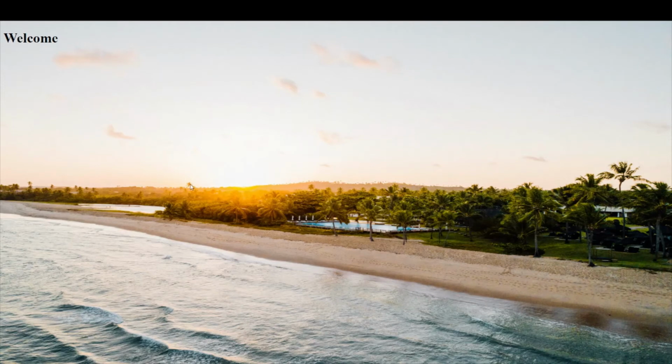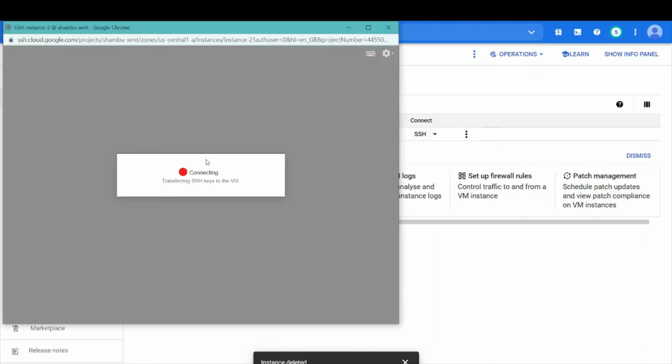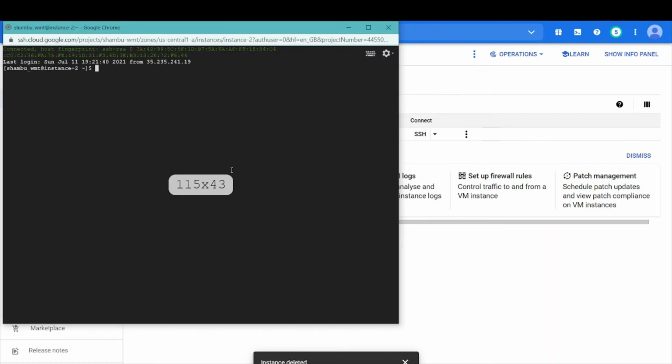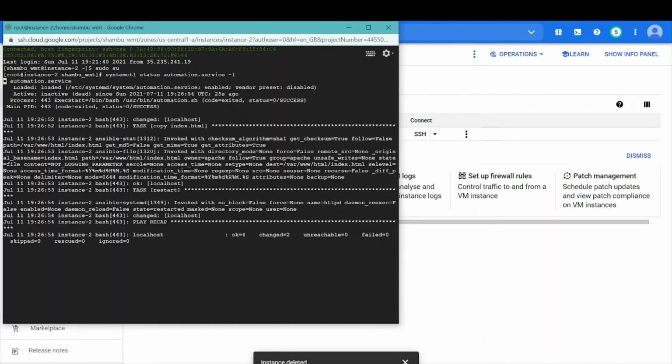See, it is rebooted and it came up with this welcome page even after restart. Now if you check this status, it is running on every restart.